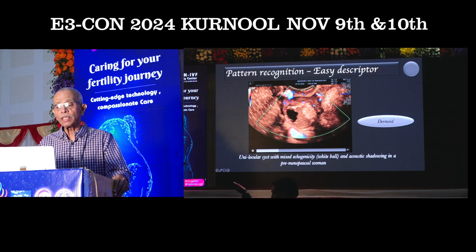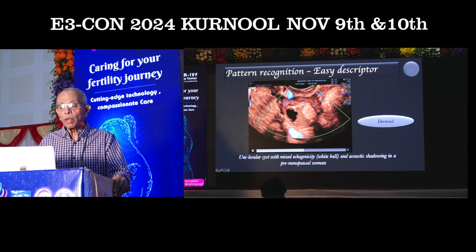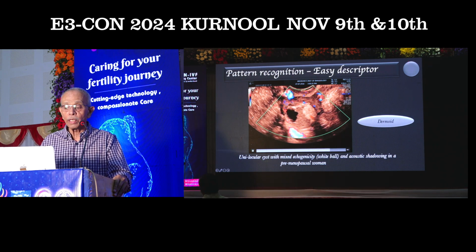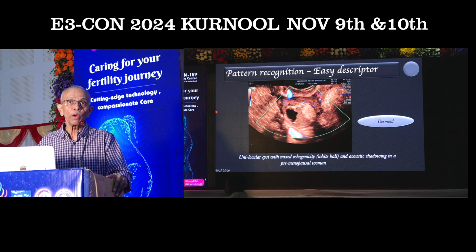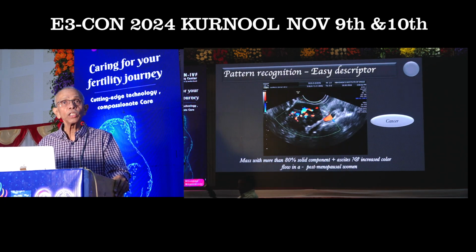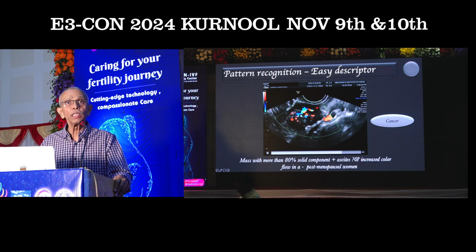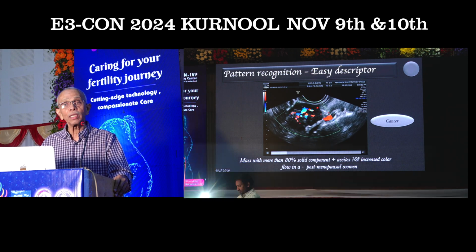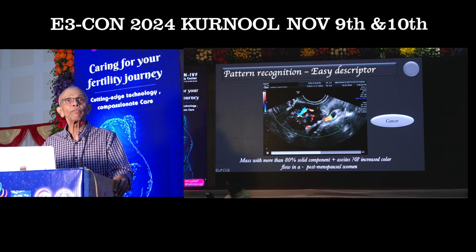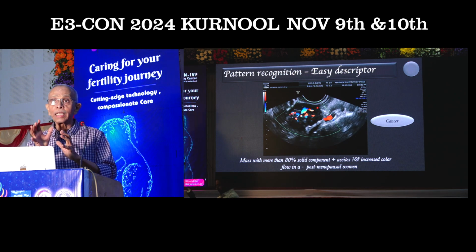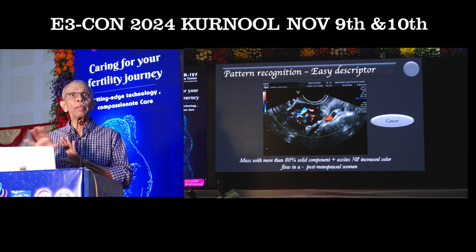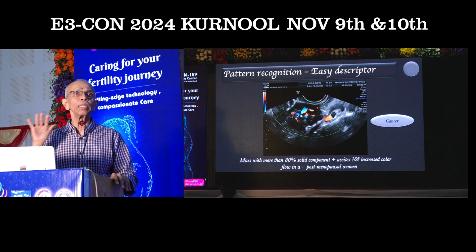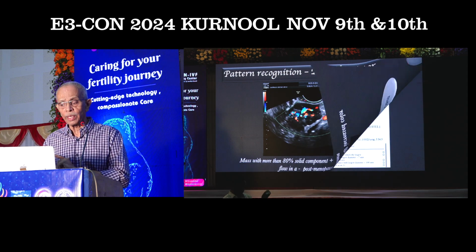Then we have this sort of a lesion where there is a mixed echogenicity, where you have a solid looking lesion but not a solid, and it has a subtle shadowing. It is very typical of a dermoid or a teratoma. Then we have this sort of a lesion where we have a solid lesion, because more than 80% of the lesion is solid, and we have increased vascularity, color score almost 4. That is definitely an ovarian malignancy. So these are the pattern recognitions that can help us categorize 50% of the adnexal lesions just based on these features. This is one thing which we have to be very, very clear about.